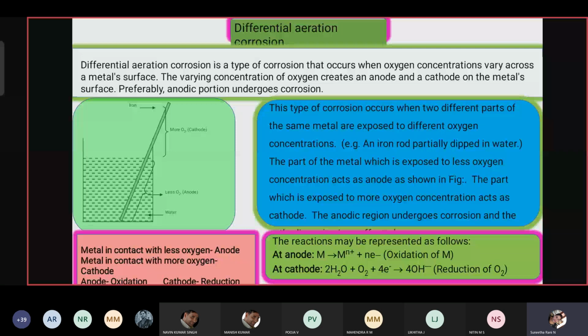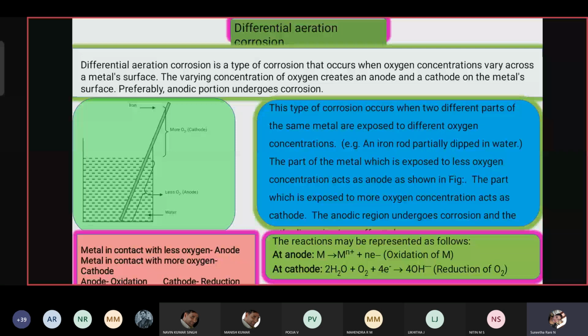How can you avoid differential aeration corrosion? It can be avoided just by changing the design. You know, differential aeration corrosion happens only in the less air gaps, where there is a less ventilated condition. So avoid the corners, avoid the less air gap portions. Instead of making corners, design in such a way that it is more exposed to the air. If you design in such a way, you can avoid differential aeration corrosion.